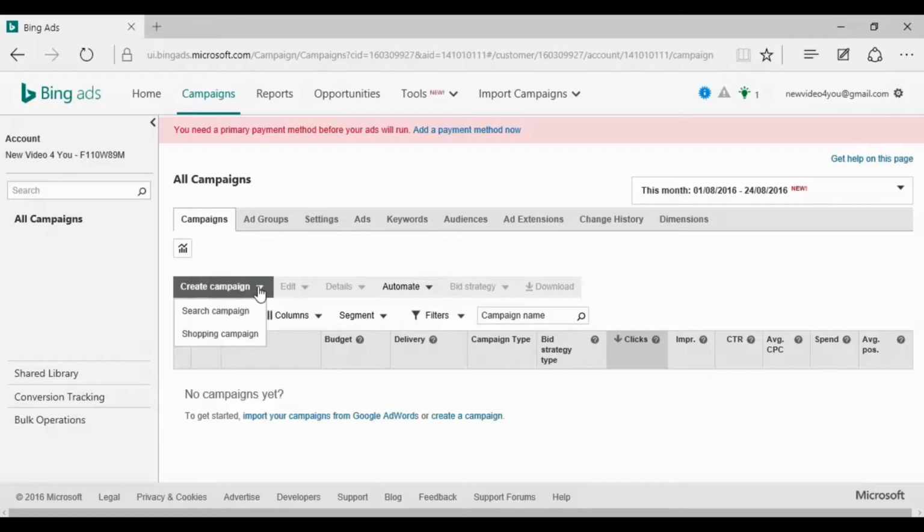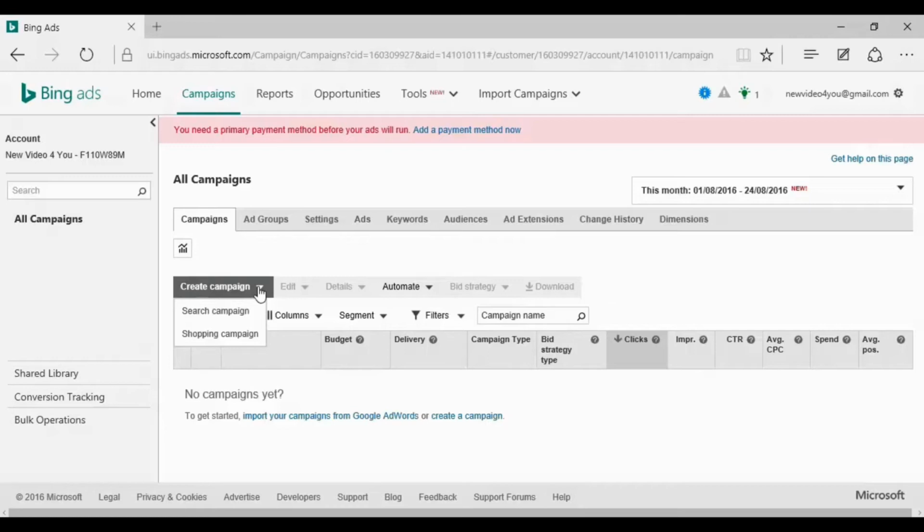Now you'll be asked to give your campaign a name. Automatically it gives it the name Campaign and then a number. I'm going to leave it at the default setting for this particular demonstration. Then you set your time zone, and having the time zone is very important in Bing Ads. Then you set your campaign budget and your bid strategy. Then the language. Then the locations that you want to target or exclude, and you can have all available countries